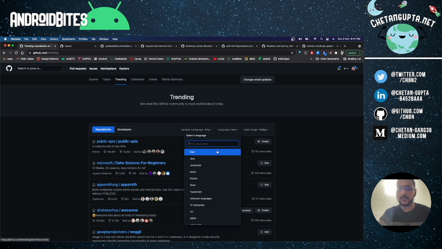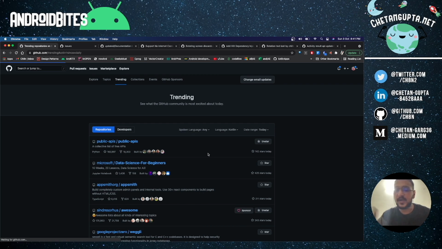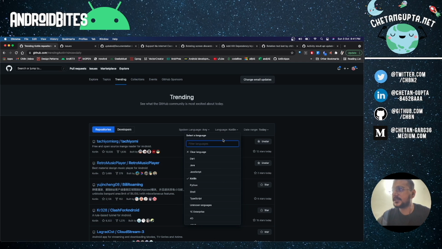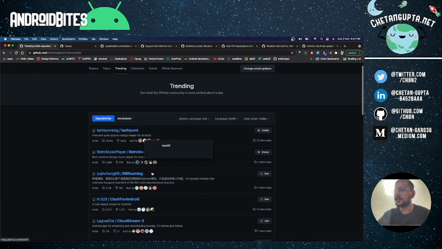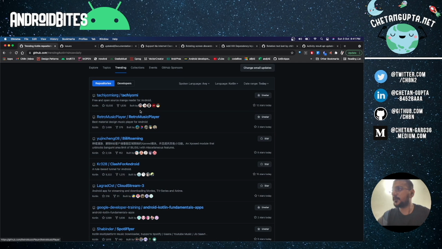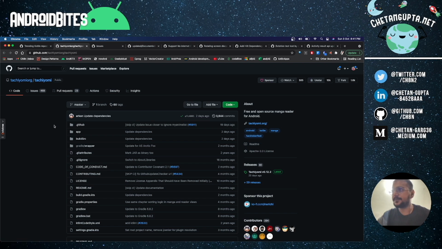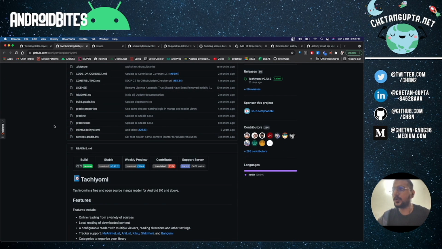You can select your language. For example, if I write Kotlin, Android is not there in this. The language is the primitive building block, the filters they have created. So you can search for Kotlin, and you will mostly get Android related projects. These are the trending repositories. These repositories are getting a lot of traffic and attention from the developer community. It will be very good for you if you contribute to these repositories, because everyone might know about them, and they will also contribute a lot to your repository.